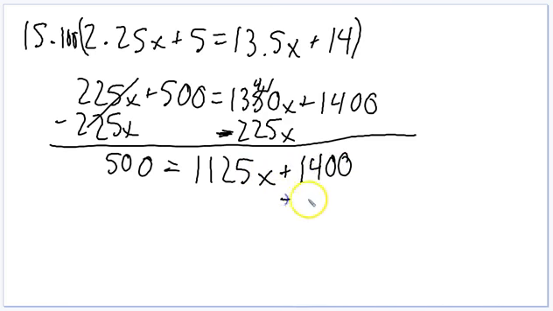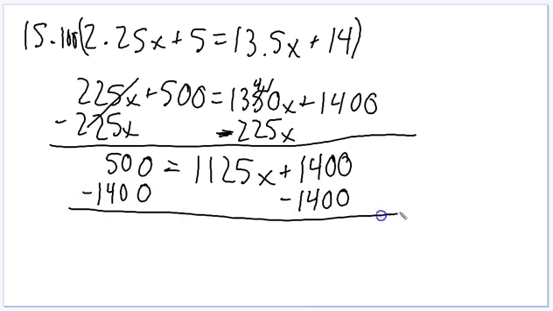Then I'm going to subtract this 1400, minus 1400. Well, that's gone. I get negative 900 equals